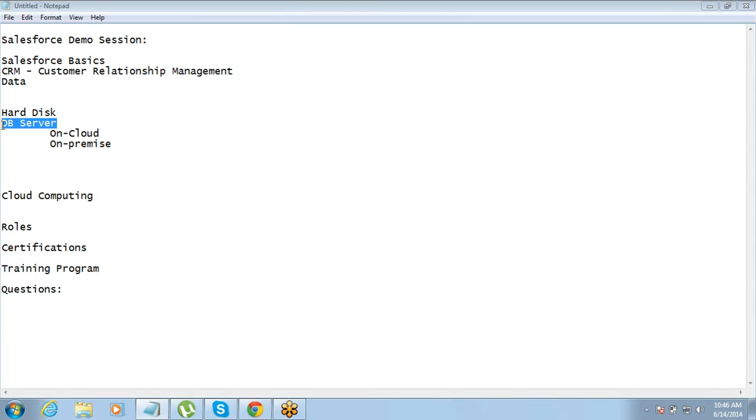Now data is very precious for a company. For that reason they keep it very secure. They do not allow anyone to go inside it. So you have one option: either you build that kind of a setup in your company, spend money, hire people to look after that. The other option that is available to people is to go to a service provider who provides space on cloud. Now the next question that comes to mind is, how can I put my data on cloud?